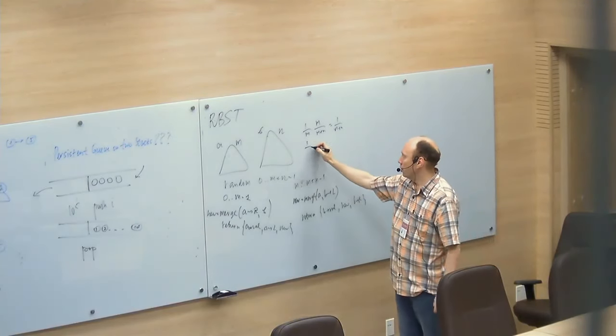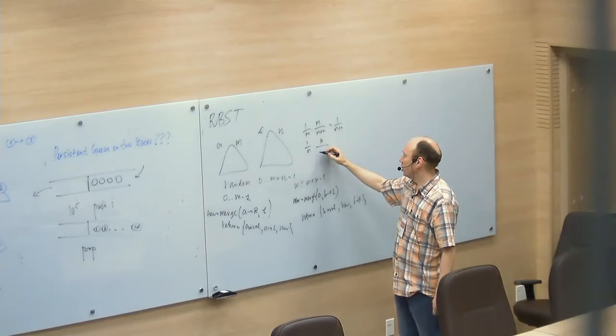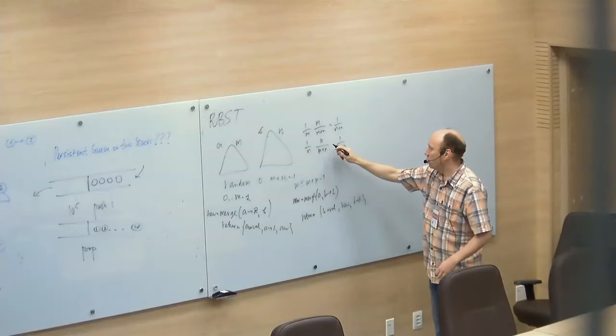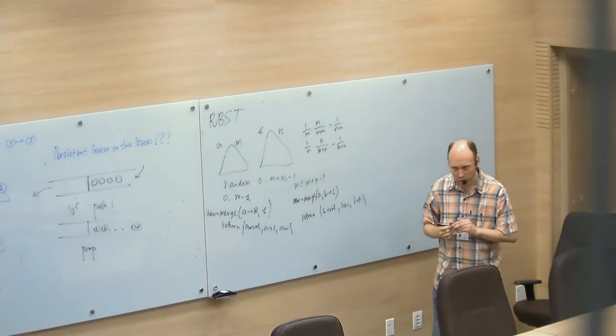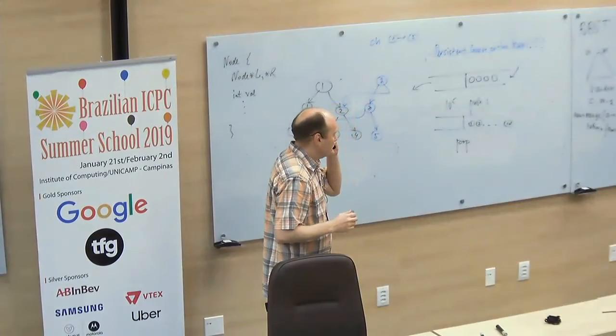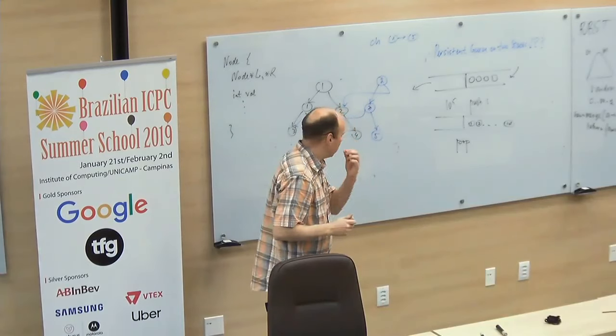And similarly here, 1 divided by n times n divided by m plus n is equal to 1 divided by m plus n. So every vertex in our resultant tree has equal chance to become the root,